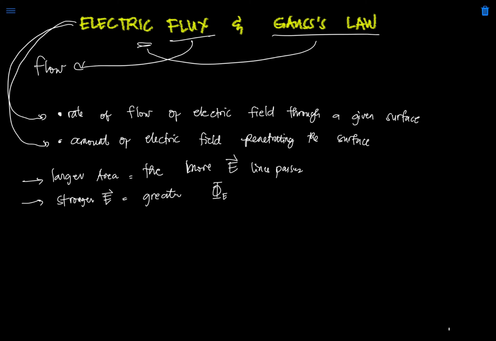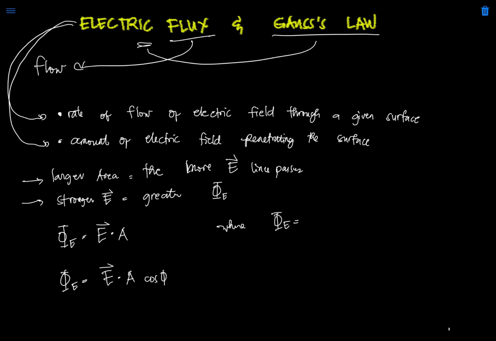So mathematically, we can write the formula of electric flux as the dot product of the electric field and the area. We can also rewrite this formula as electric flux is equal to E times A cosine phi, where